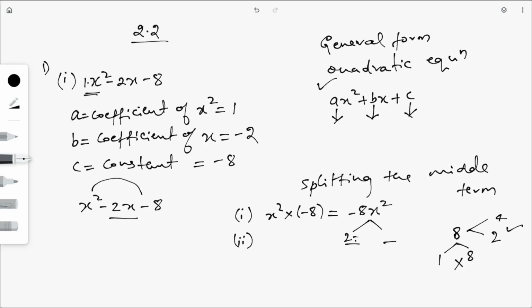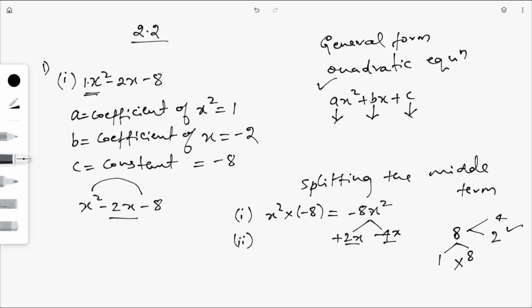So keep this 2x here and then 4x here. So next you need to consider the sign. So here it is minus, you need to take the minus sign either for 2x or for 4x. So if you take minus here, you don't get minus 2 in this case, because minus 2x plus 4x is plus 2x. We need minus 2x. So keep minus here and then plus here.